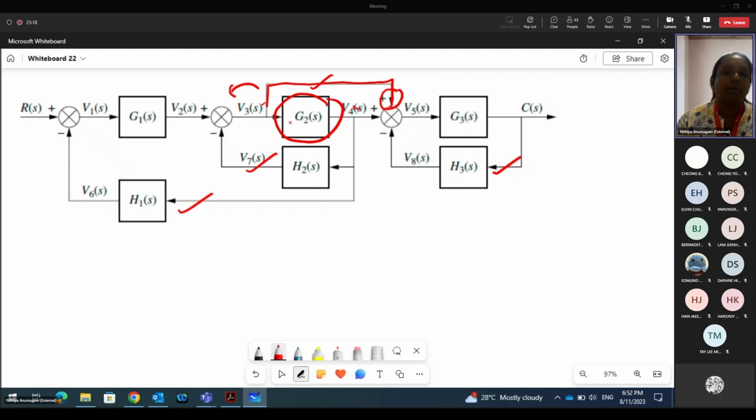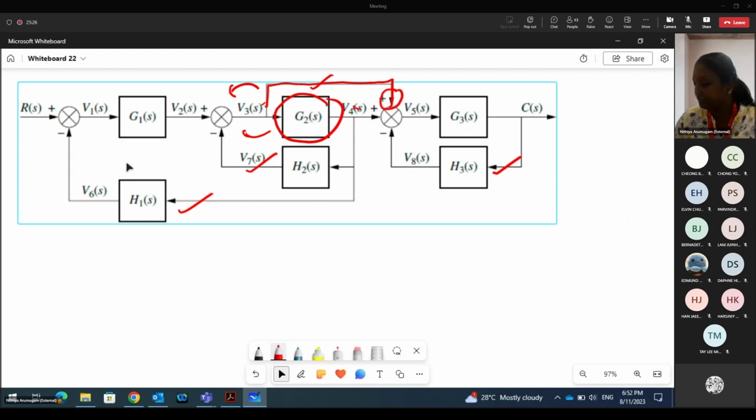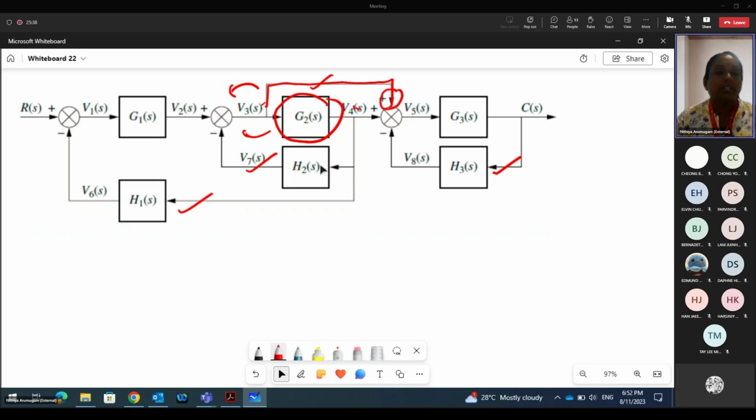When you are moving the block to the left, the loop will move to the right. So what will happen? Okay, so by moving that, we will have our summing point